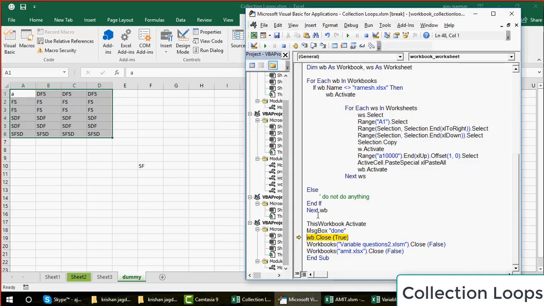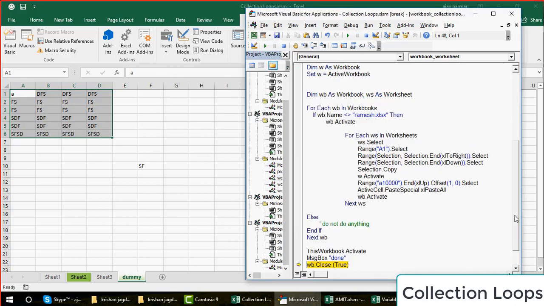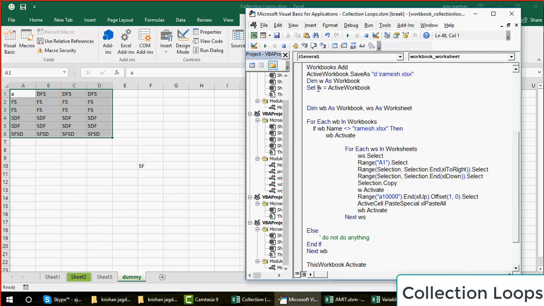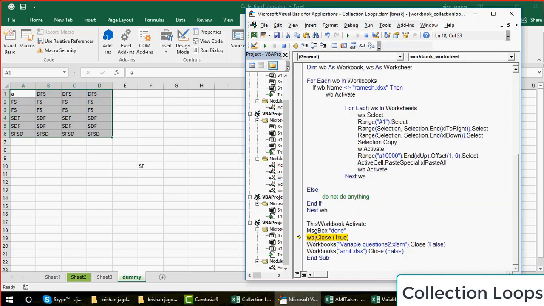But I thought I defined it on the top, but that's not WB, that's W. Basically WB refers to this loop, and in this loop there is no need to define set word, because every time you will have a different workbook and the loop will take care of everything. Actually this is W, which refers to Ramesh. So instead of writing WB, I should have written W. So let me close that.